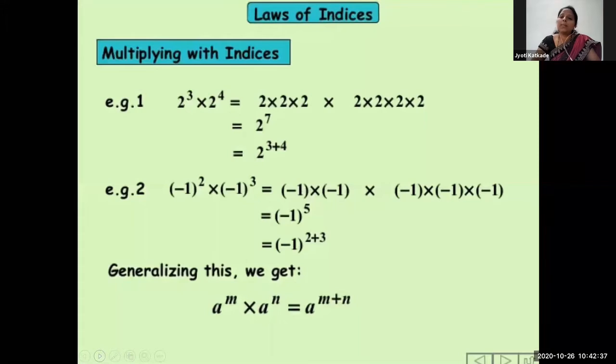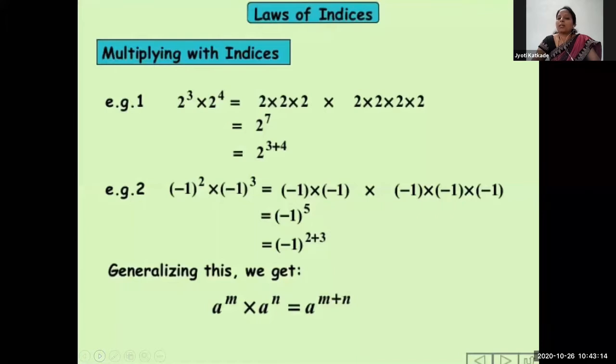When we multiply both numbers, then we have to take multiplication of that number, that is their index. Now when we count the 2, how many times is 2 there? 7 times. Means in the first there is 2 three times, and after the multiplication there is 2 four times. Now there is 2 seven times. This is our regular method, but according to the law of indices,